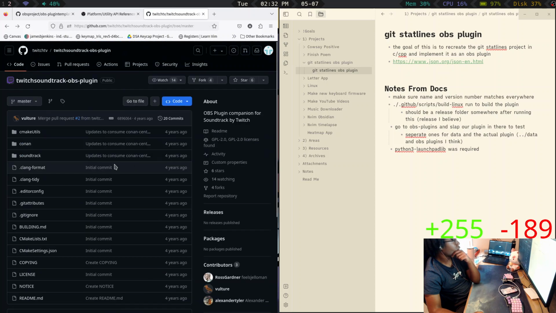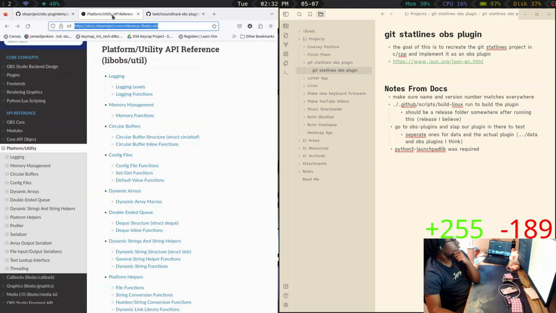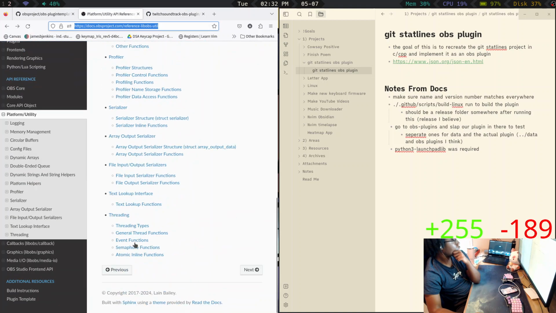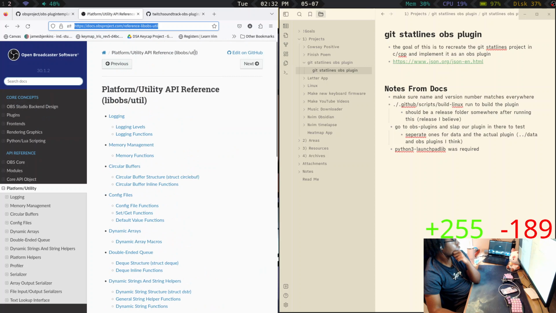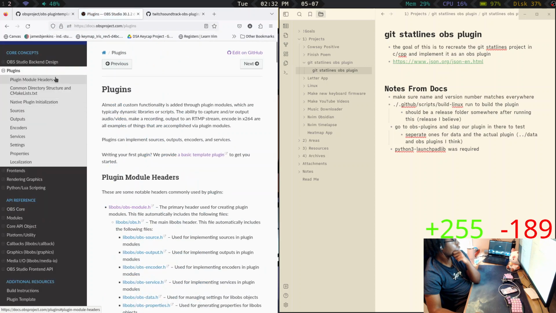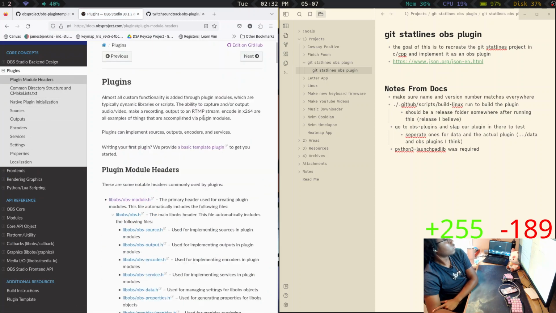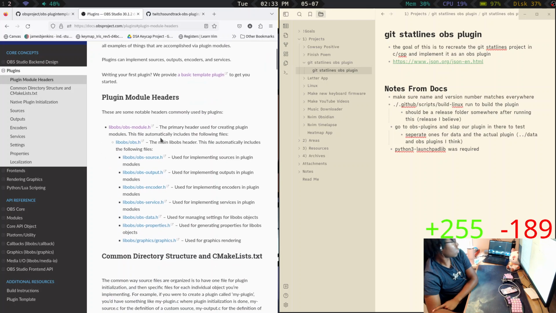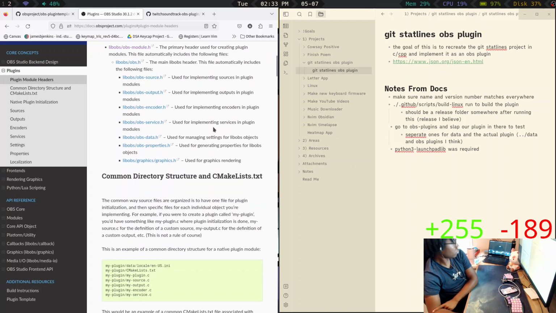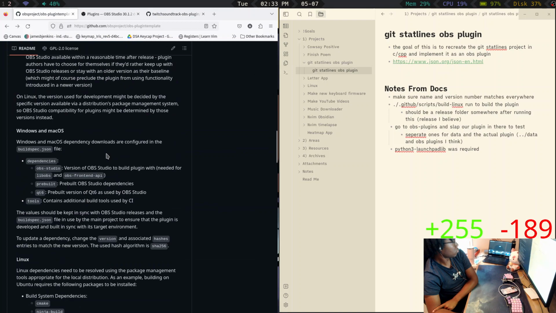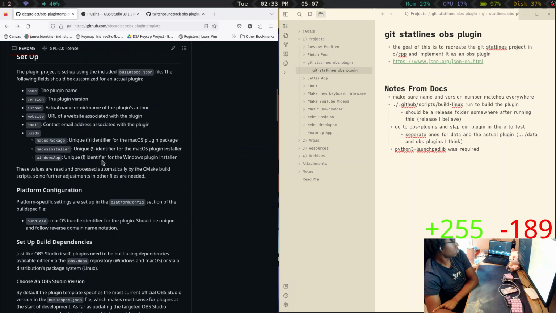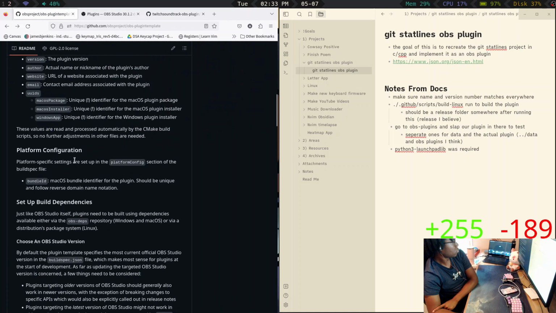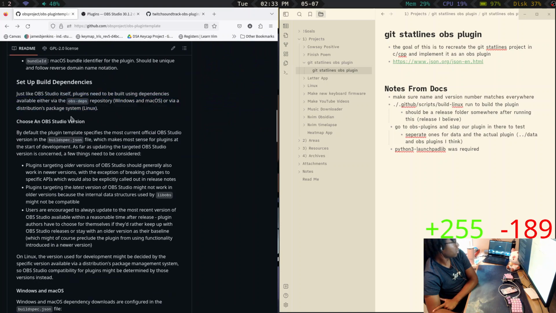Oh, this was 4 years ago. When's the last time this was updated? Platform config.